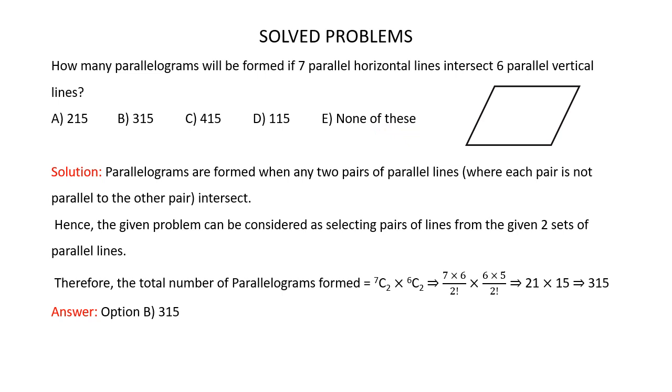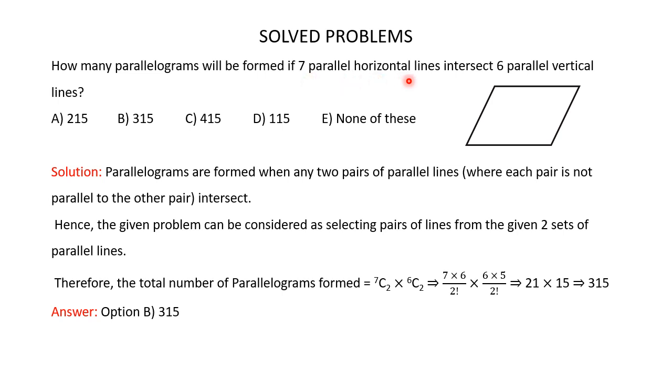Now as you can see in this parallelogram, this pair of parallel lines intersects this pair of parallel lines to form the parallelogram. Also note that this pair of parallel lines is not parallel to this pair of parallel lines. So parallelograms are formed when any 2 pairs of parallel lines intersect and each pair is not parallel to the other pair. So in this question it's given that